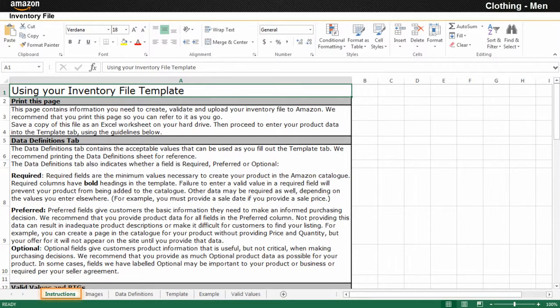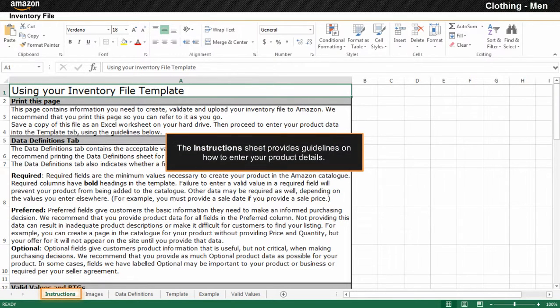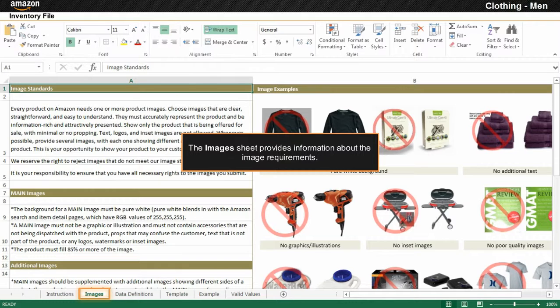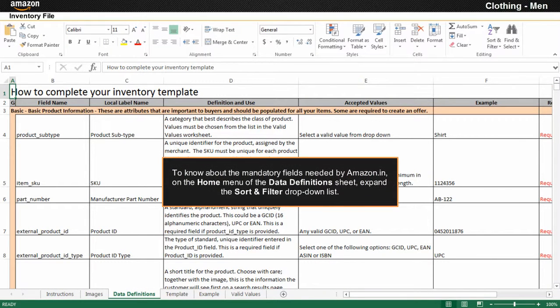The instructions sheet is displayed by default when you open the file. You could refer to the guidelines available on this sheet to enter your product details. The Images sheet provides information about the image requirements you need to keep in mind while uploading product images on the Amazon.in website. To know about the mandatory fields needed by Amazon.in, on the home menu of the Data Definitions